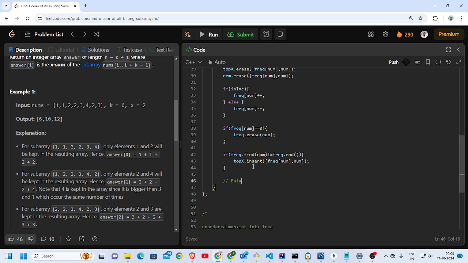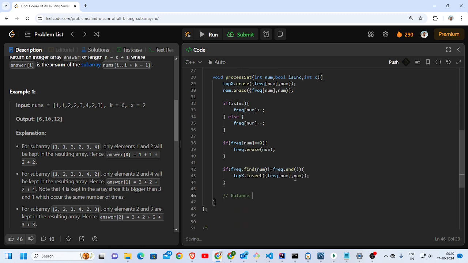I can create a different function for this, but should I? Actually, it's fine. Let's create it here itself. So balancing can have a couple of cases. So if topics has elements greater than x,